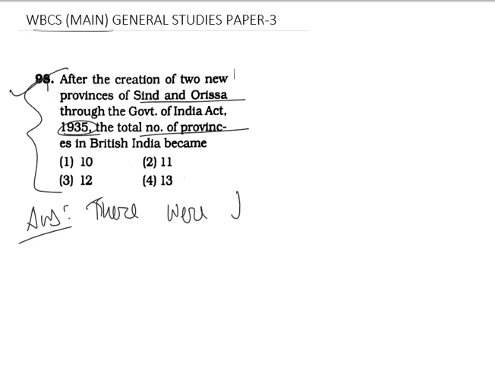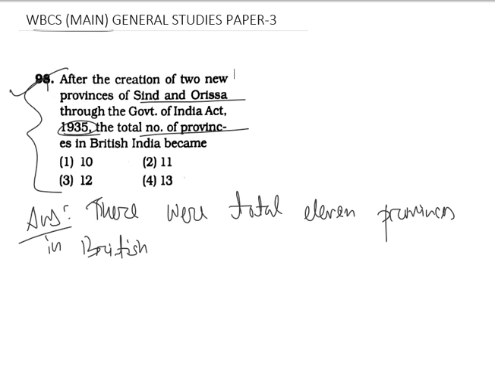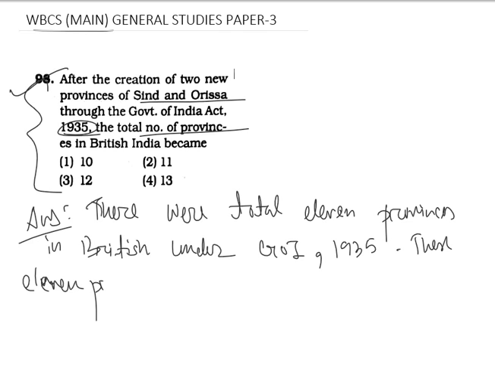There were a total of 11 provinces in British India under the Government of India Act 1935. These 11 provinces were